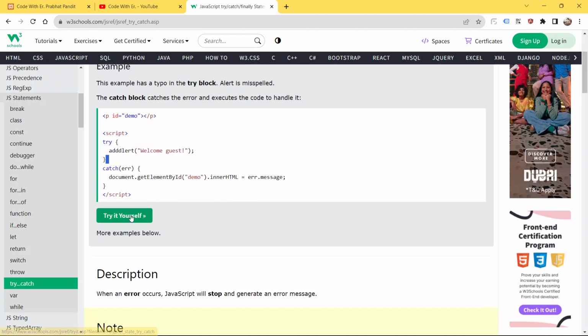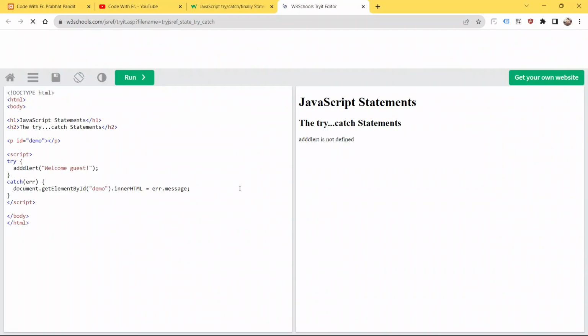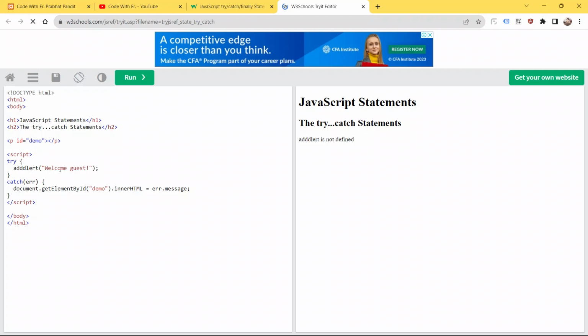Let me click try it yourself. Here you can see the try block, welcome guest. Below the try we have the catch block also. The catch block catches the error thrown by the try block. The catch block will only run when the try block throws some error.